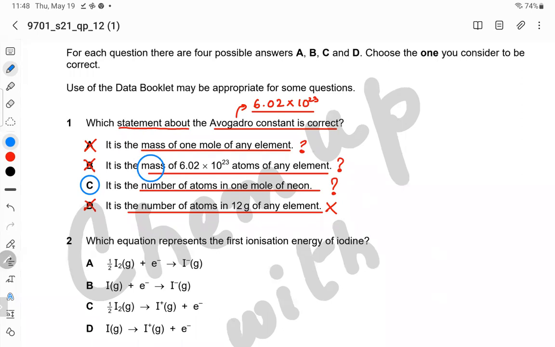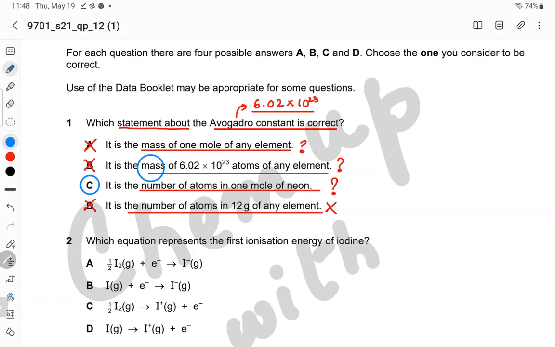For example, if I talk about 1 dozen, so if I say 1 dozen pens, and if I say 1 dozen bags, 1 dozen refers to the number 12 of that thing, but not the mass. If I say 1 dozen pens and 1 dozen bags, their mass is not equal, but their number, the count, is always equal. So it's not the mass. That's why B is incorrect,